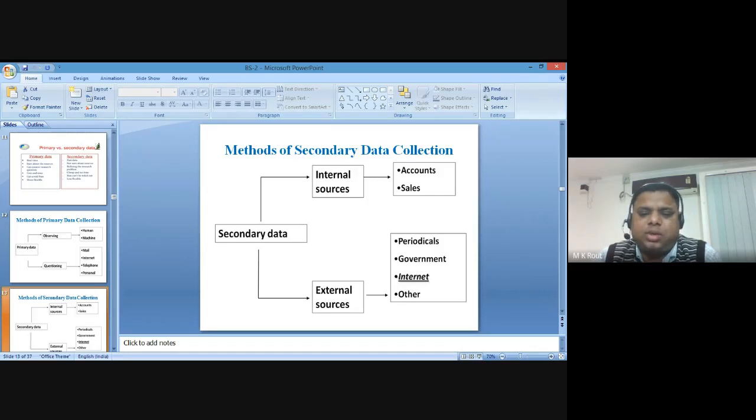These other sources mean you can directly go for print media, such as business magazines. In the case of trade magazines, you can directly access material related to industry as well as your business. Then moving to the next part,